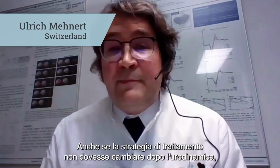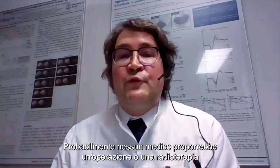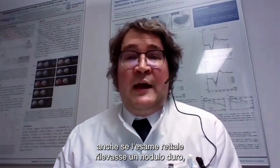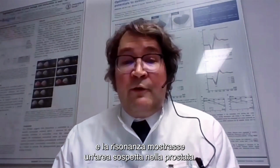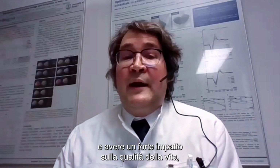Even if this treatment strategy does not change after urodynamics, it does not mean it was useless, because it confirms the strategy and provides safety of decision. Considering prostate cancer, for example, probably no physician would ever proceed to surgery or radiotherapy without histological proof of cancer. Even if the rectal exam shows a hard nodule, the PSA is high, and the MRI shows a suspicious area in the prostate. So despite that lower tract symptoms and dysfunctions can be very complex and imply a large impact